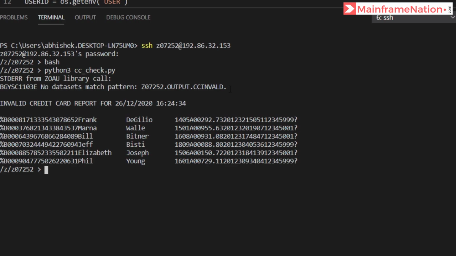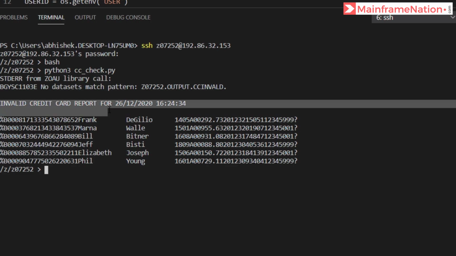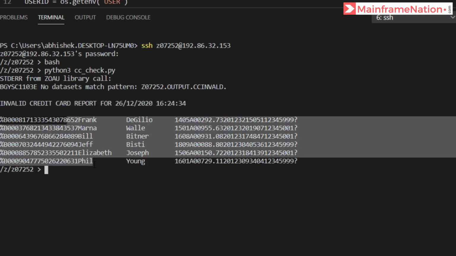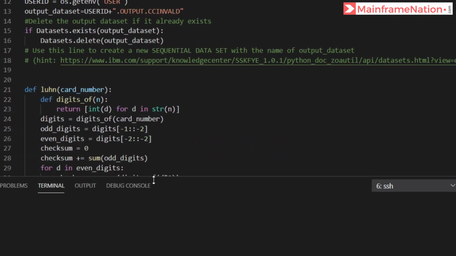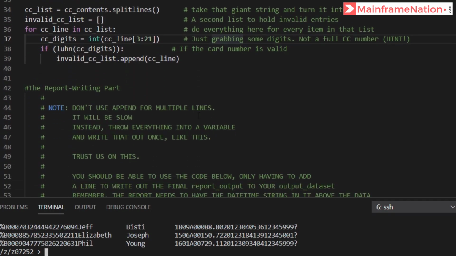And these are the invalid credit cards. 1, 2, 3, 4, 5, 6. So these 6 are the invalid credit cards out of the 1500 records. So our execution was successful.